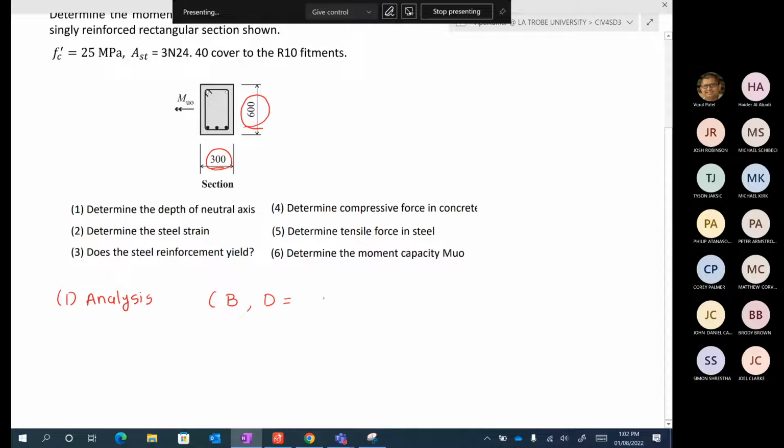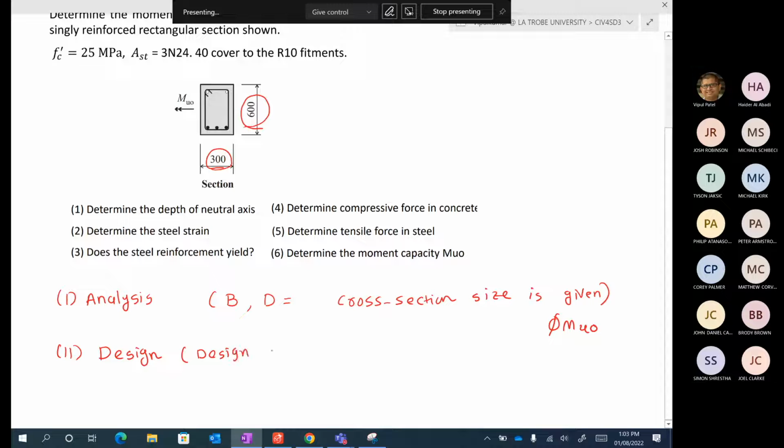The cross section size is known to you, meaning that you need to calculate phi Muo, the bending capacity of the given section. Another example you may come across is a design,